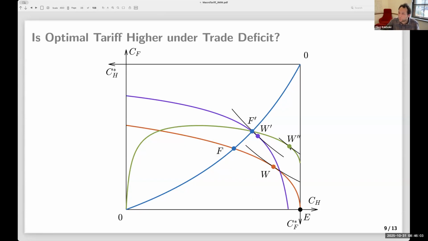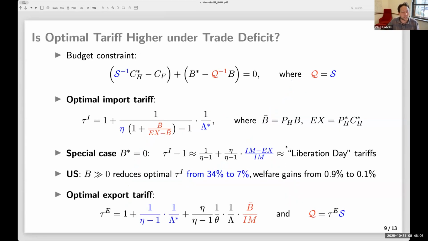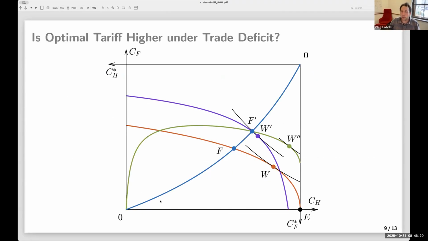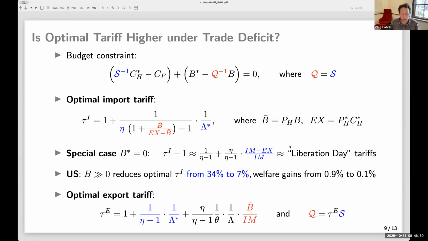If you did the export subsidy, it's quite different, because export subsidy doesn't have the trade-off. With export subsidy, both terms work in the same direction. You generate a positive valuation effect. With an export tax, you generate positive valuation effects because the dollar depreciates, and you generate the positive terms of trade effect. And so instead of moving here with the optimal thing, you move here, right? But you also don't achieve trade balance. You actually achieve bigger trade deficits, if anything, right?